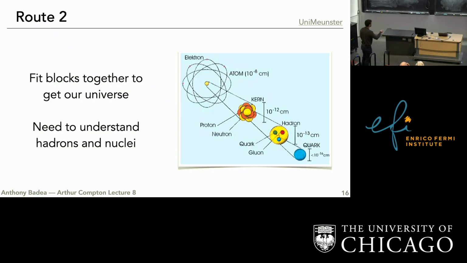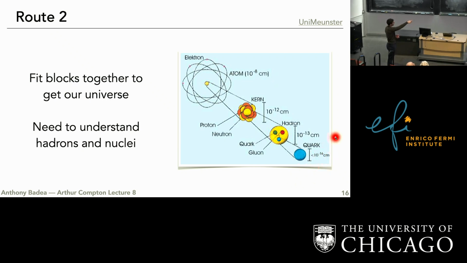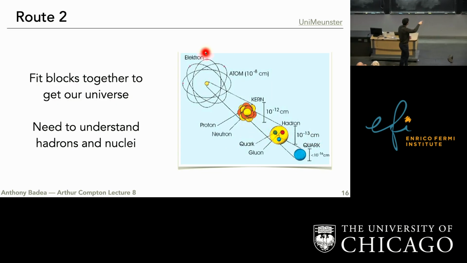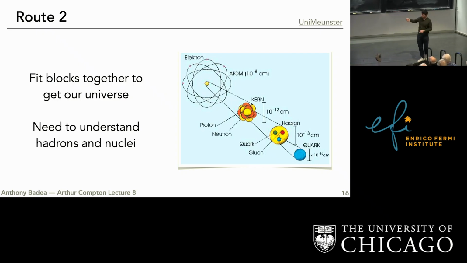This is something I showed in the very beginning, but in a different format. Everything that we've been talking about is really all the way down here, at the sub 10 to the minus 16 centimeter level. But everything that we really think about and interact with day to day is up here: hadrons, which are protons and neutrons, nuclei, which are bundles of protons and neutrons, atoms that are bundles of nuclei. And somehow, at least to me, it feels like in studying these basic building blocks, I should be able to go like that.